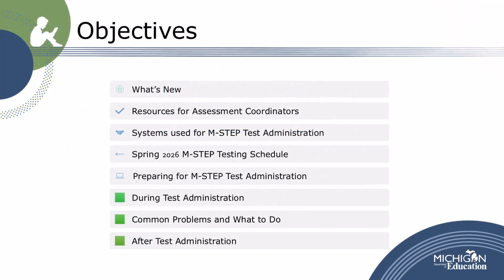We will begin with what is new for MSTEP administration in 2026. Then, I will share the resources that are available to you throughout the test administration. Next, there are several systems that are used in administering the MSTEP. These systems will be discussed so that you are aware of what tasks need to be done and which system